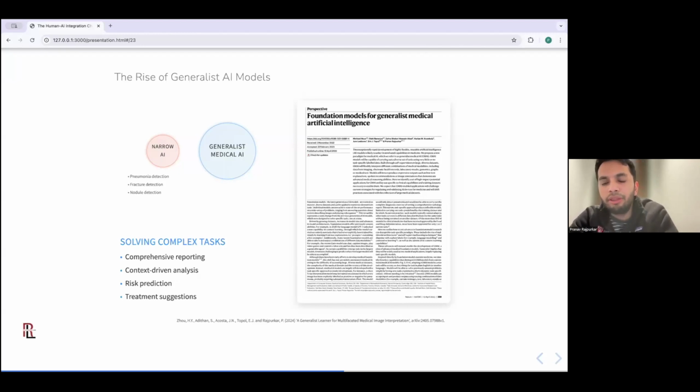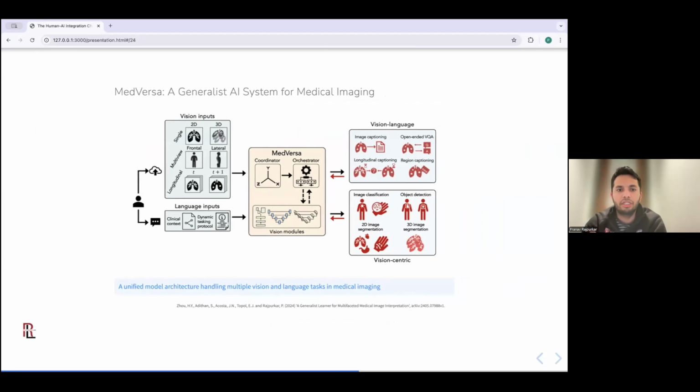And we wrote about this in a work published in Nature in April 2023, coining this generalist medical artificial intelligence. And so what I want to share with you today is our group's latest attempt at building a generalist AI system that's centered around medical imaging called MedVersa.